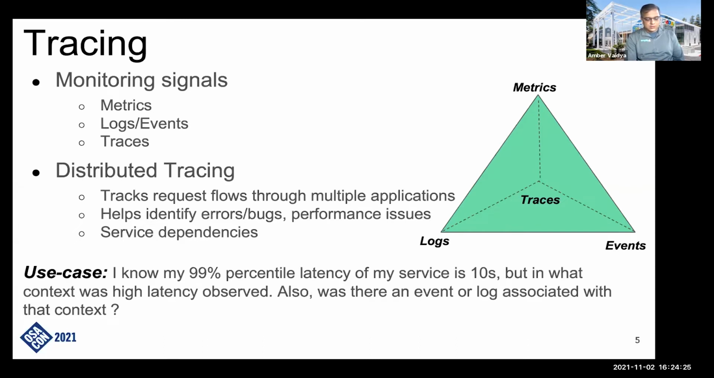The use case would be, I know the 99th percentile latency for my service is high, but in what context is this high? And once I get an example of the context in which it was high, can I get some additional data in the form of events or logs to debug that further? Another use case that we see